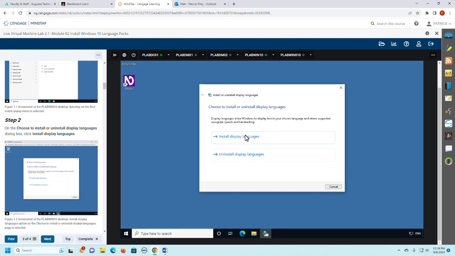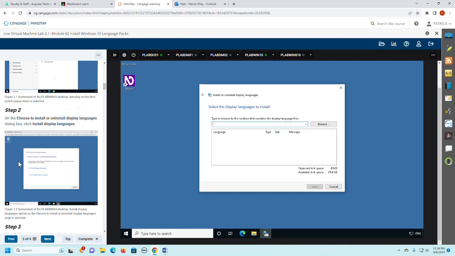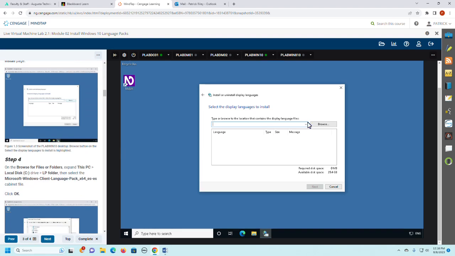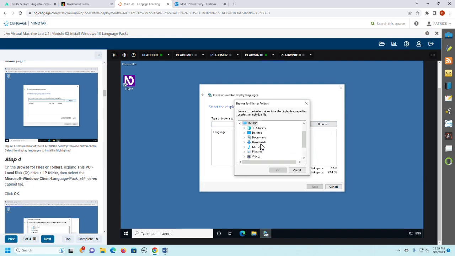Click install. On the browse, select the language of the install page. Actually, if you click browse, this PC, local C drive, you may have to scroll down here, C drive, LP folder,